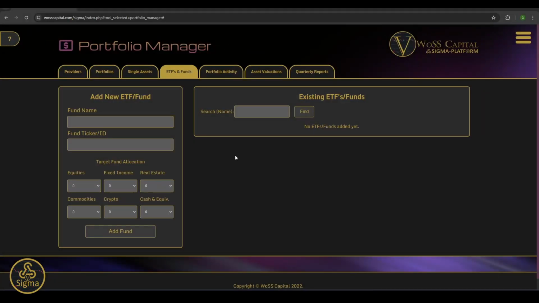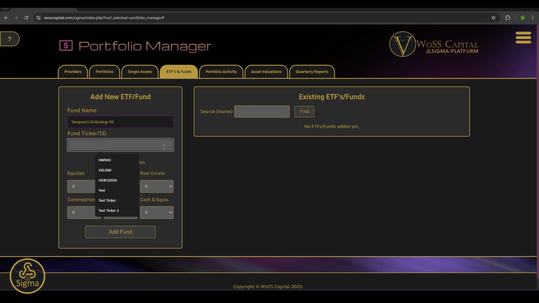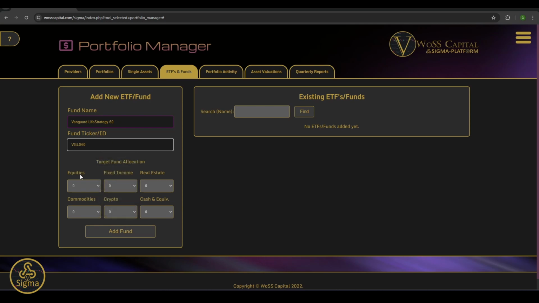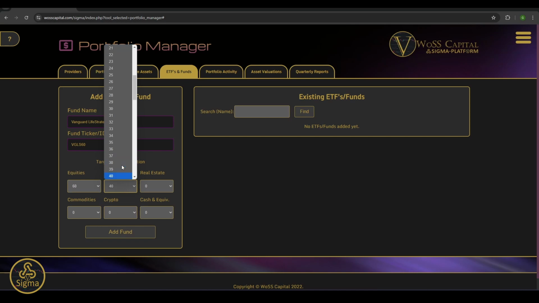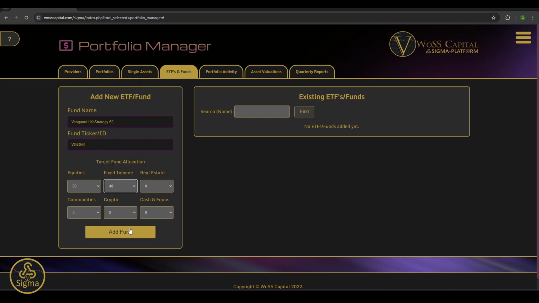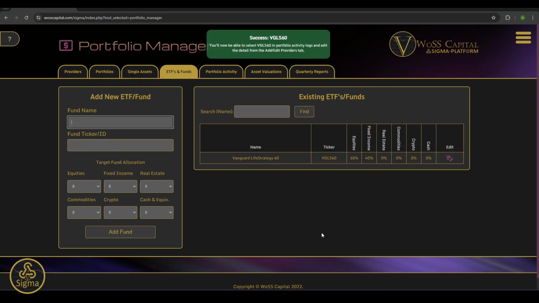And moving on, ETFs and funds is exactly the same. So if you had, for example, some of the Vanguard products in Life Strategy 60, you want to add one of those in. This is a 60% equities and 40% fixed income ETF. Add that fund in and it'll add it into the table for you, showing you what your split of asset